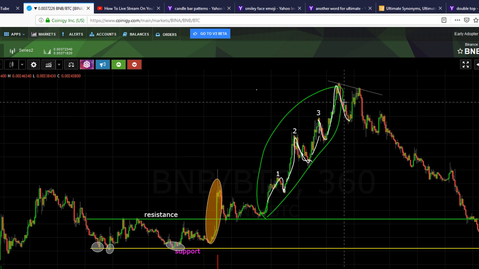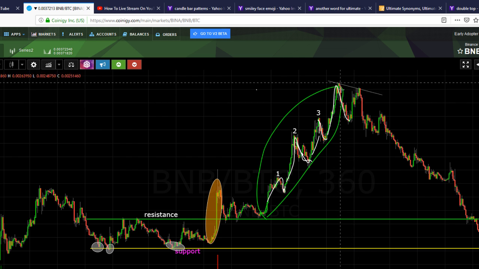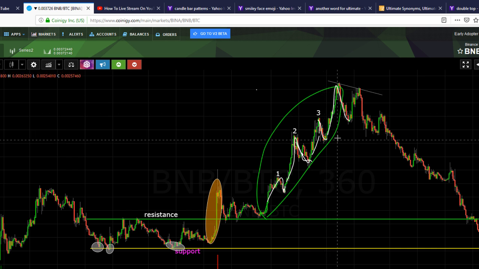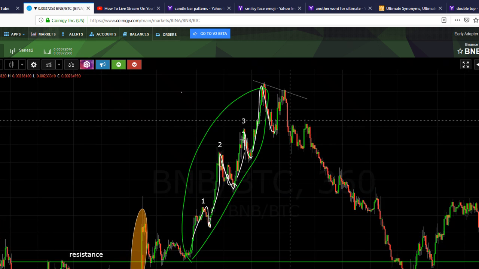So how would I know, if this was a live chart, when to sell? Right? So once I see this double top occur, that's a selling point for me. That's signifying to me I need to start selling because that's what a double top means. It means bearish action is about to occur here. So now, as you see the breakdown,